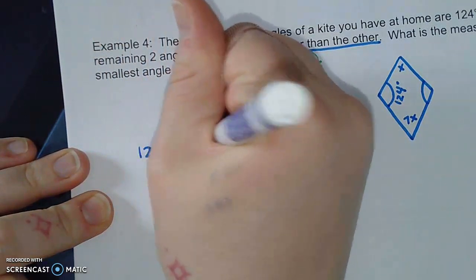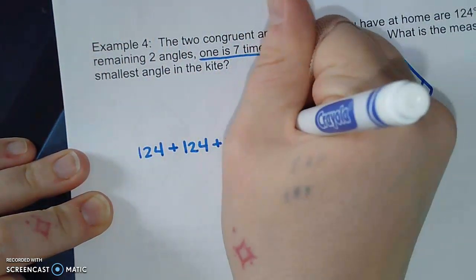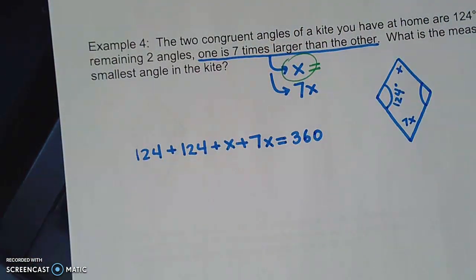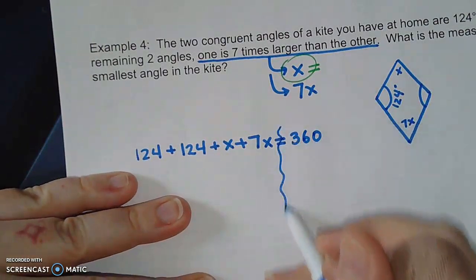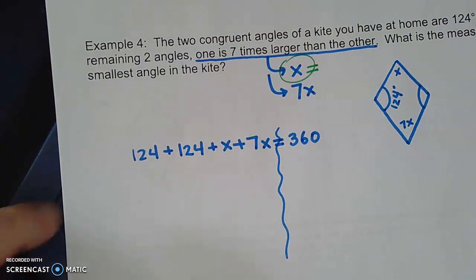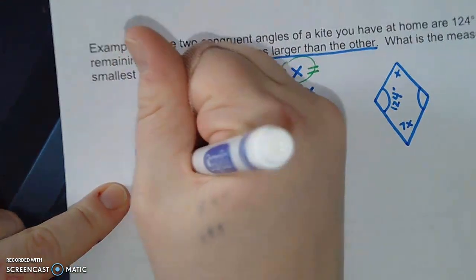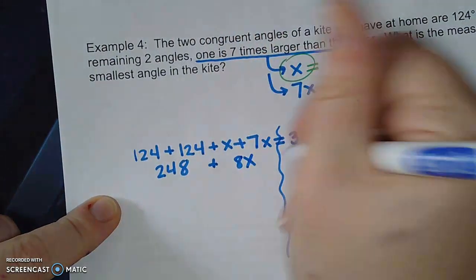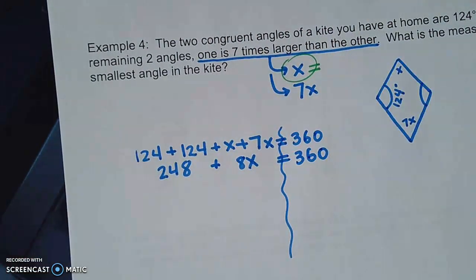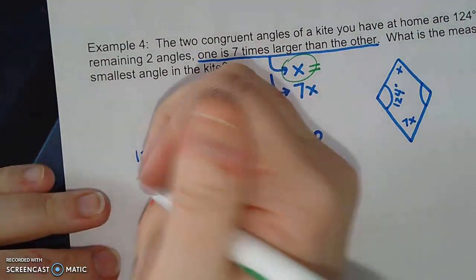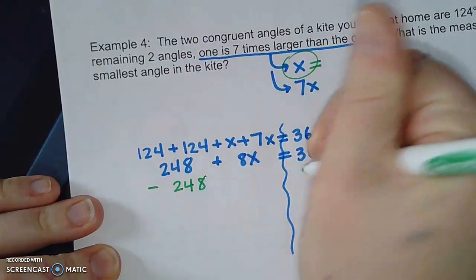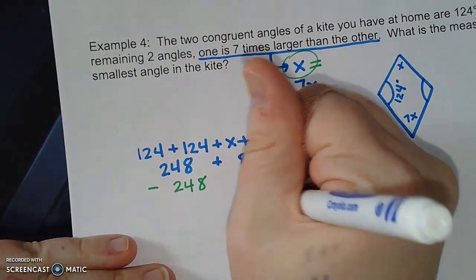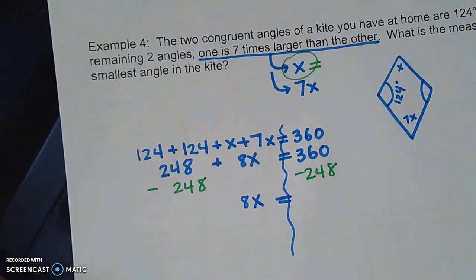124 plus 124 plus x plus 7x equals 360. Those are my 4 angles in the kite, adding up to 360. 124 plus 124 is 248. X plus 7x is 8x, equaling 360. I am going to put some like terms together. So I'm subtracting 248 on both sides. I will be left with 8x equals 112,